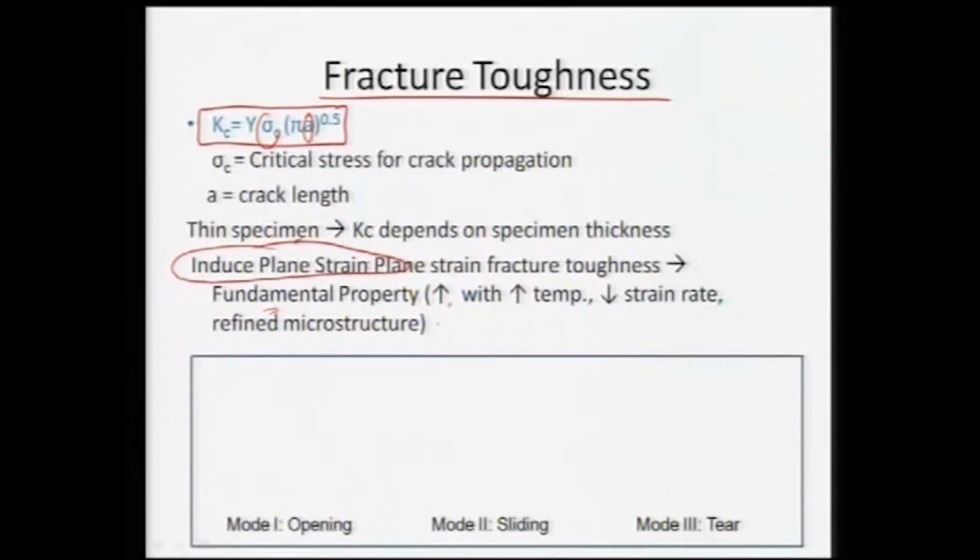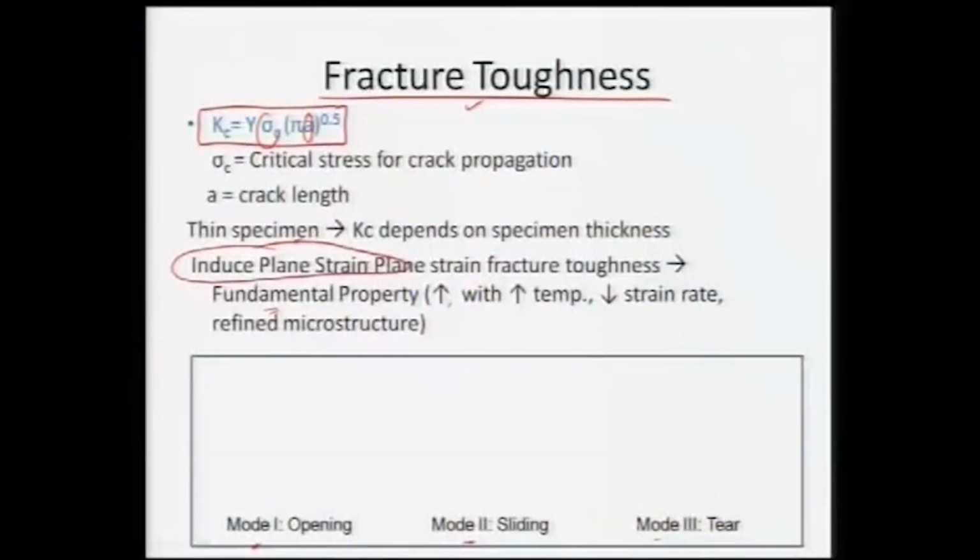So we can see that if we want to have a constant fracture toughness for a material, we need to have very high thickness of the material, or the crack notch should be much thinner than the thickness of the specimen, so that there is no deformation occurring in the third direction. And again, fracture toughness can be defined in terms of plane strain as mode 1, mode 2 or mode 3, and we can see that the mode 1 opening is more like this.